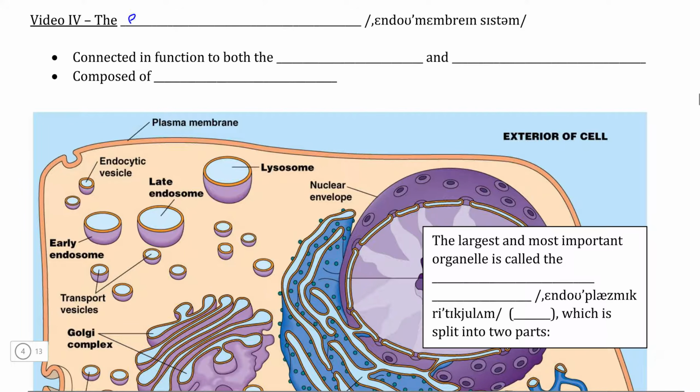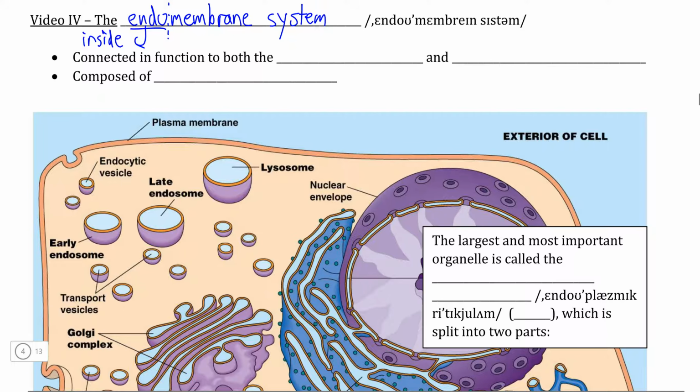In this video, we're going to talk about a large family of closely related organelles located within the cell, which are grouped together under the name endomembrane system. Now, if we break down the name of this system, the name becomes rather intuitive. Endo, of course, is the prefix that means inside,